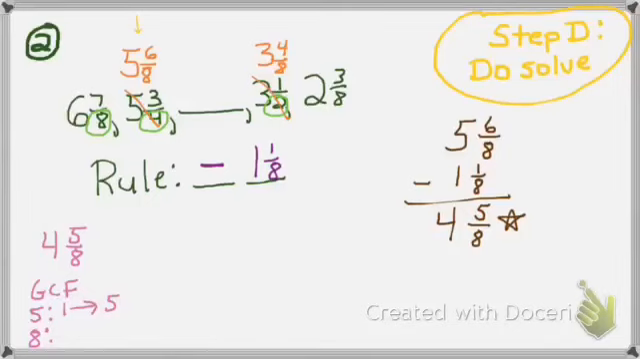Is 5 a factor of 8? 5, 10, no, it's not. Is 1 a factor of 8? Oh, yes, it is, but when the GCF is 1, my fraction is done. So 4 5/8 is fully simplified, and it goes